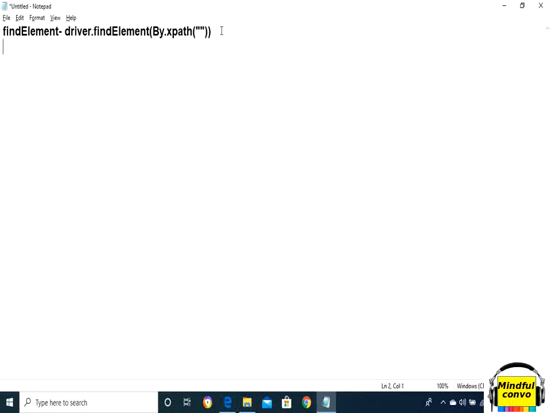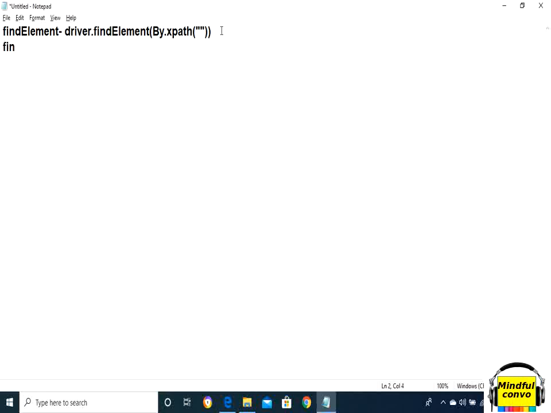Now when we come to find elements, this command returns the list of web elements. It returns an empty list if no element is found, while find element throws an exception if no element is found.